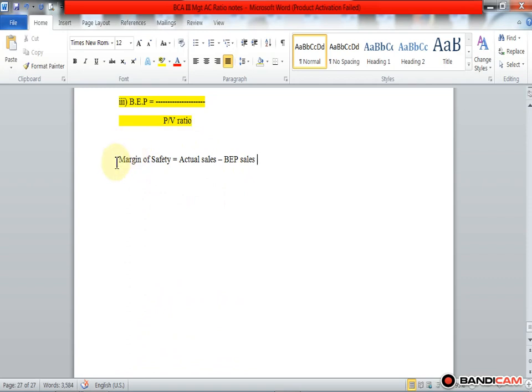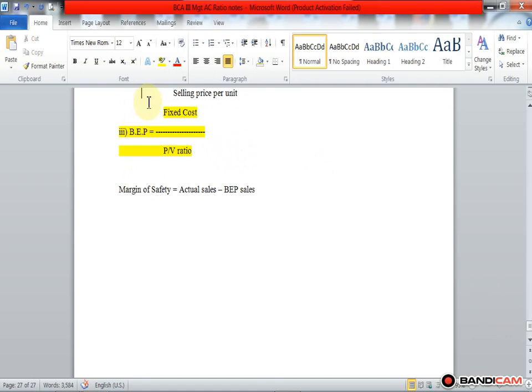Okay, so here margin of safety is calculated with the help of this formula: actual sales minus BEP sales. Where do we find the BEP sales? In the formula we just saw, we find the BEP sales, and actual sales is given in the problem. So we deduct the BEP sales from actual sales, and we get the margin of safety